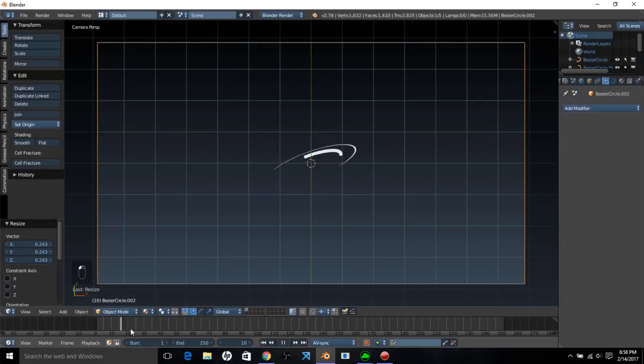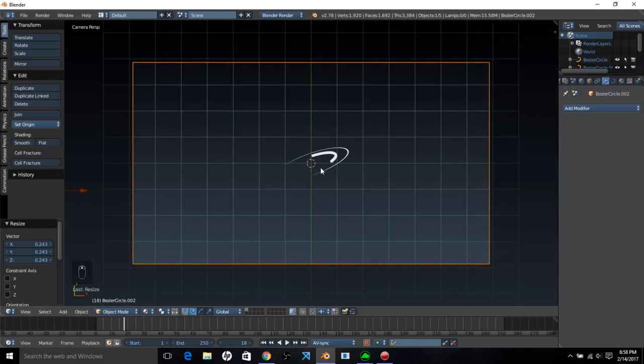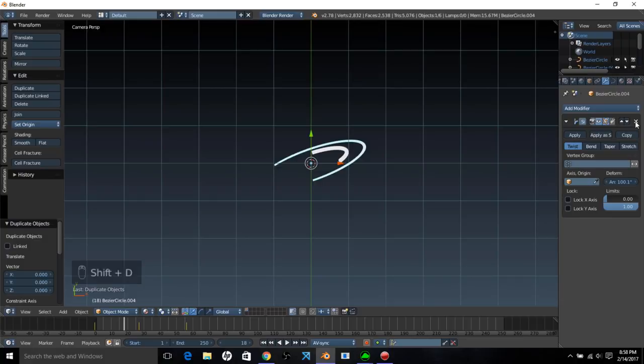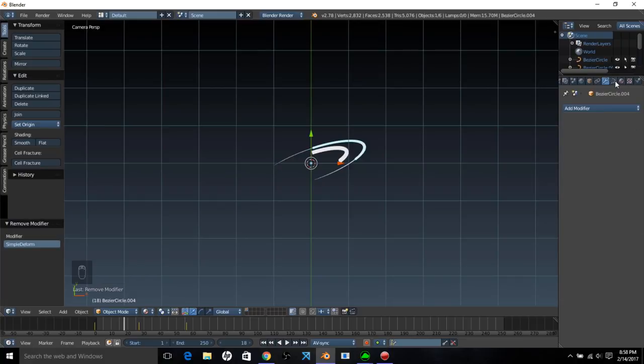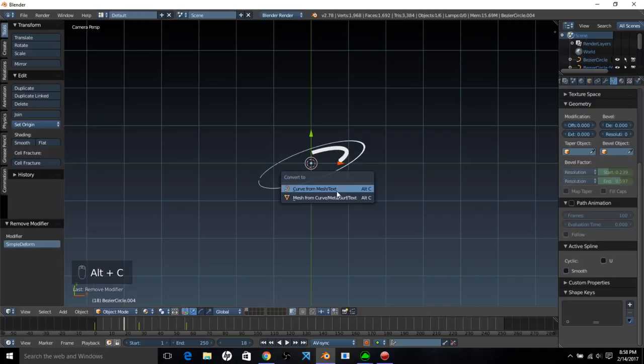And it's really nice. So now, what we're going to do is make a nice organic kind of squiggly swoosh that's going to come around here. So let's right click on this one and Shift D to duplicate it. Right click to cancel the movement, and let's actually delete the modifier from it as well as the bevel. So X that. Let's Alt C